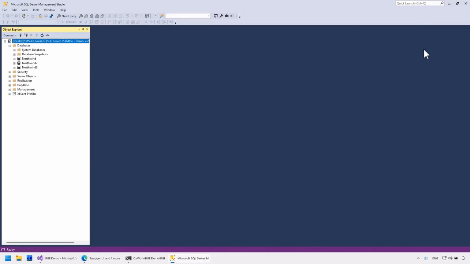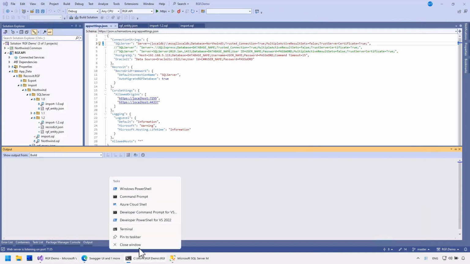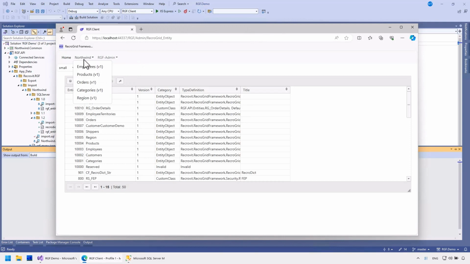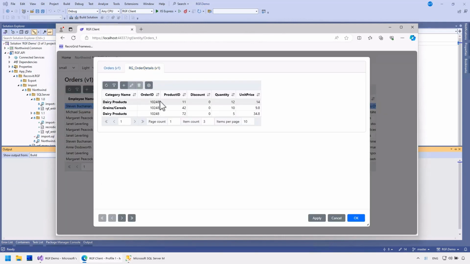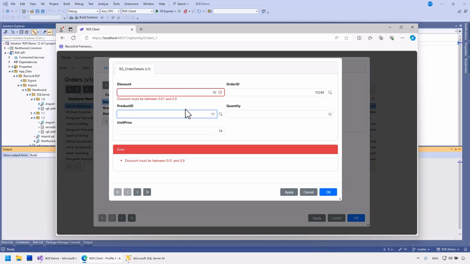Here's the new database. I'll restart it under IIS because my client is set to that port. And it works as expected.